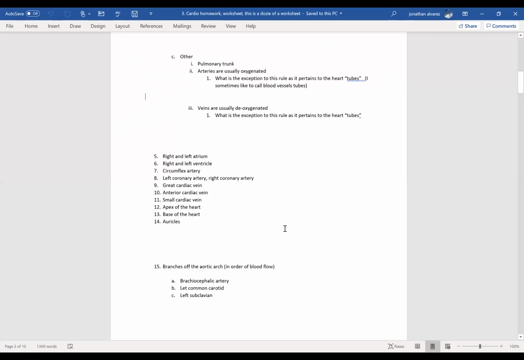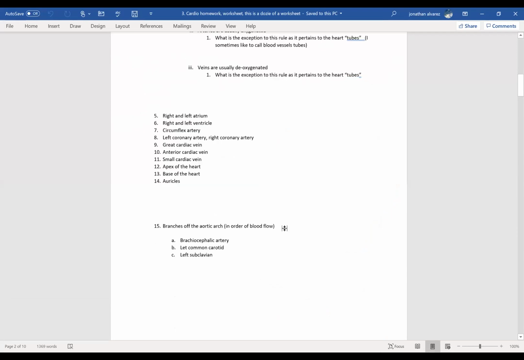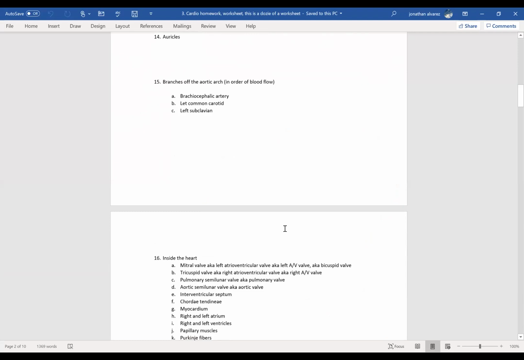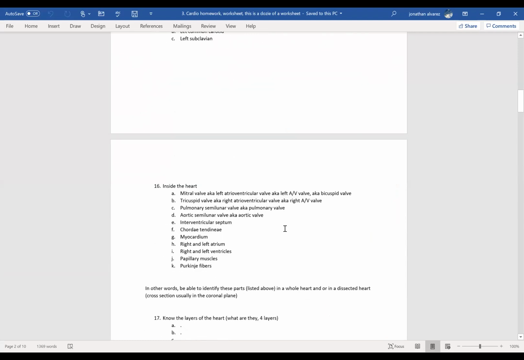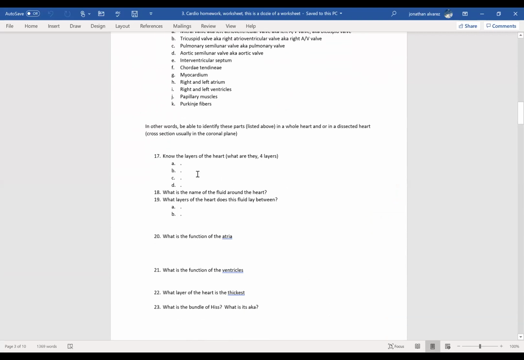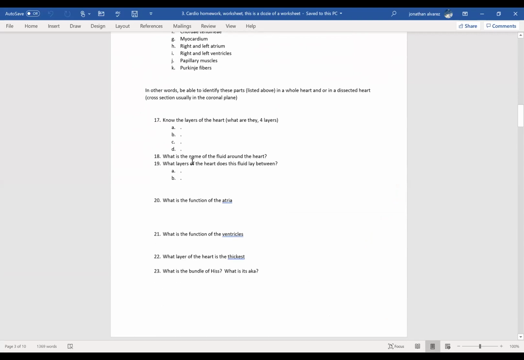Okay. Yeah, that's all anatomy stuff. There's also some lab stuff too that I'll be posting later. All right, so